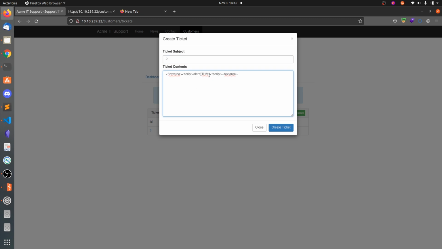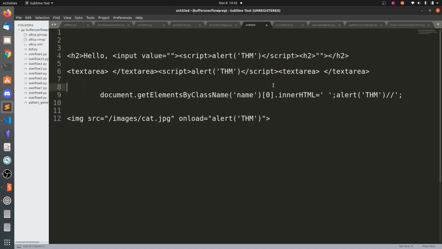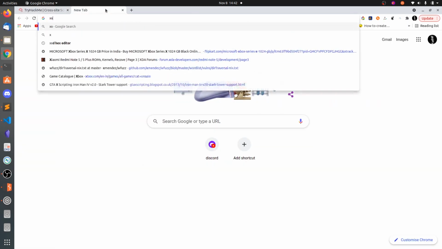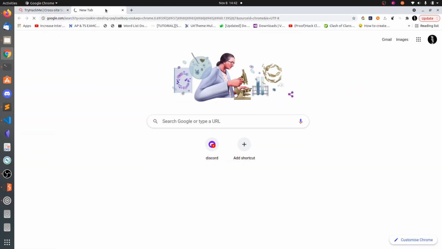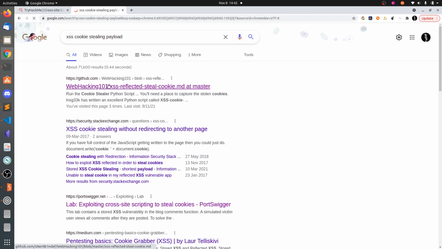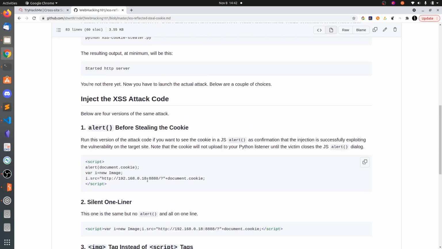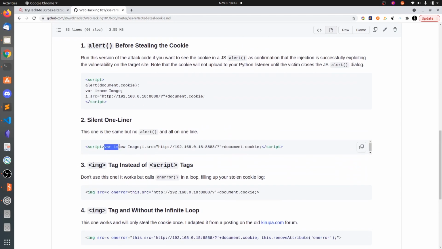So instead of this script alert, what we are going to do is we are going to use this cookie stealing payload. So okay, I'm so lazy to write this simple code, so that's why I'm just copying this.